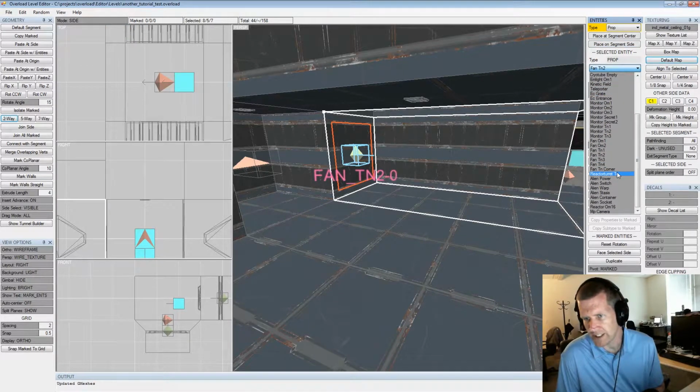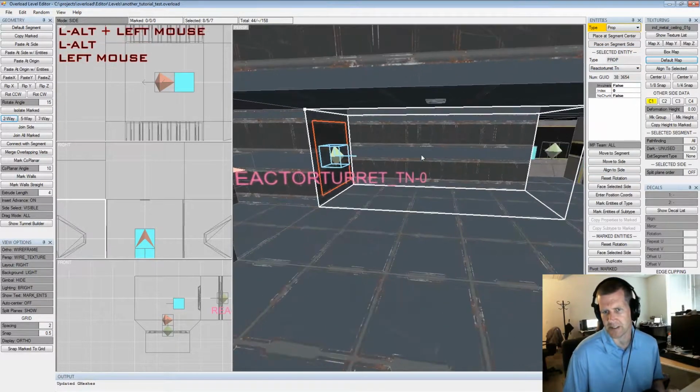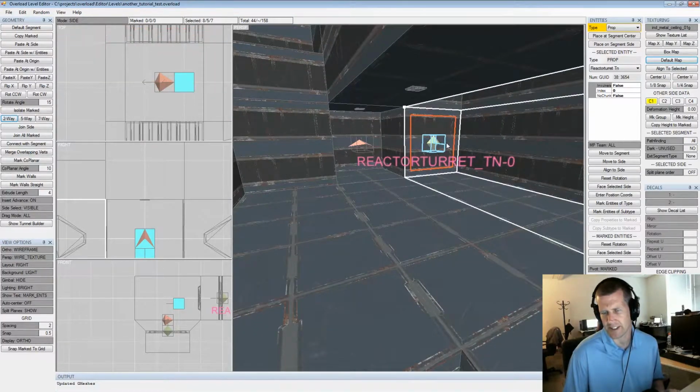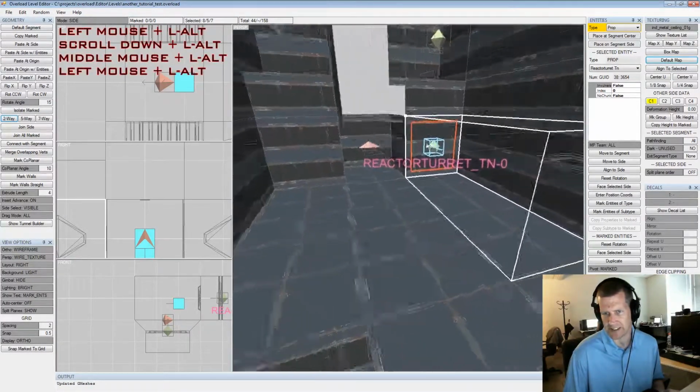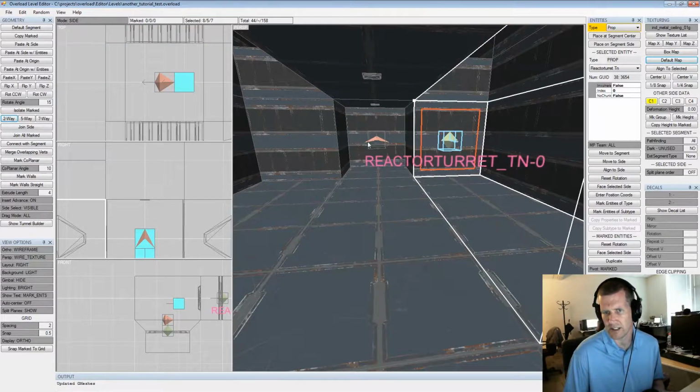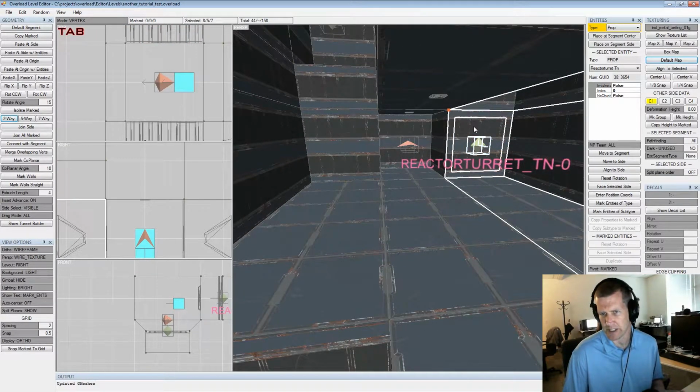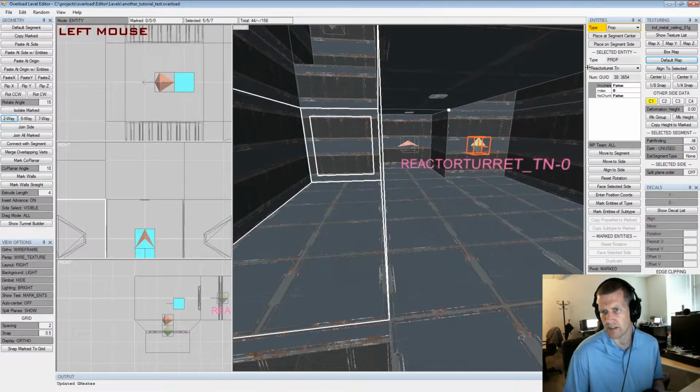We have reactor turrets. Sure, let's place one right there. Those are those little guys stuck to a wall that just shoot at you until the reactor dies, and they cannot be destroyed. They cannot be disabled through any other means. We've also got